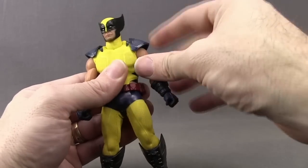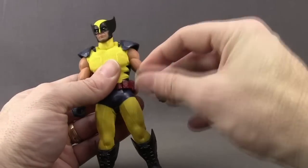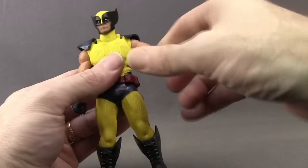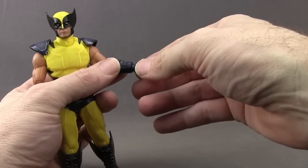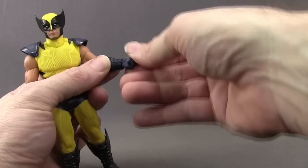And again, you do have some articulation with those shoulder pads, but if you try and rotate the arm all the way around, it'll end up catching and pop it off. They easily pop off, and you can pop them back on if you want to, but just be wary of that. You get a bicep swivel, you get a double hinged elbow, so good bending there at the elbow. You get rotation at the wrist, and then you've got those ball hinge joints, so depending on how you turn the ball hinge joint, you can either do the fists full left and right, or you can do them up